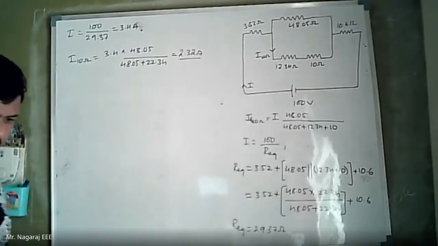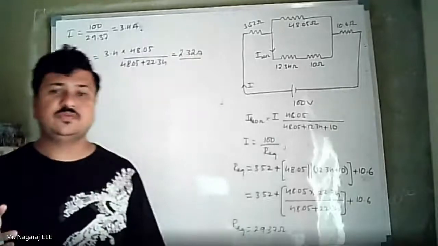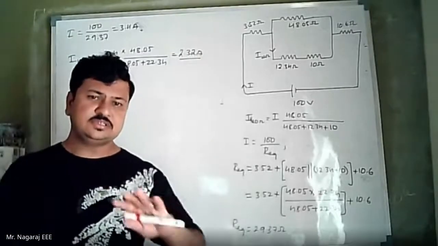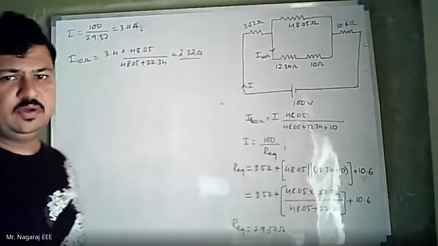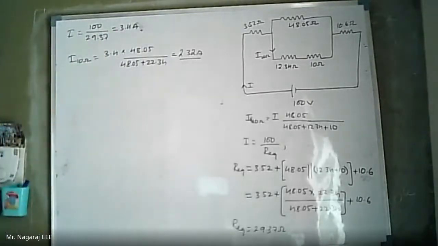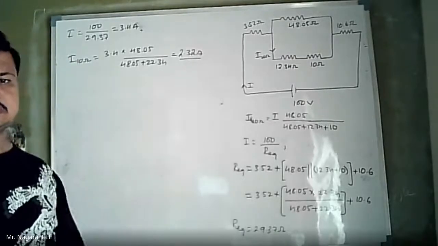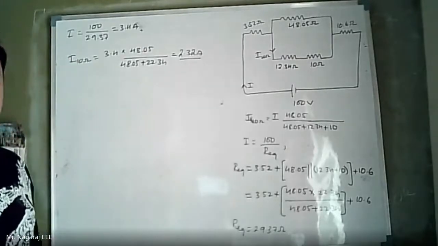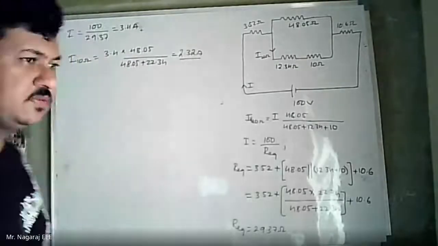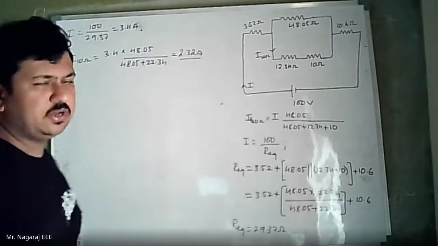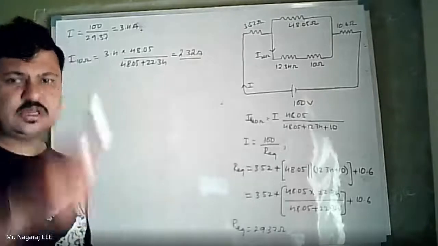One thing we can observe is, when I convert delta to star, many resistances fall in series, and when resistances fall in series, simplification is very easy. When I convert star to delta, many resistances may come in parallel, and with more resistances in parallel, computations take more time. That is the reason we should first think of converting a delta loop to a star branch.